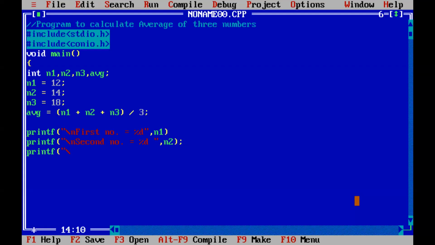I'm again saying that you don't worry about what I am typing here, about these instructions. You just have to see how I am going to perform this operation step by step. I'll explain all these steps after execution of this program.